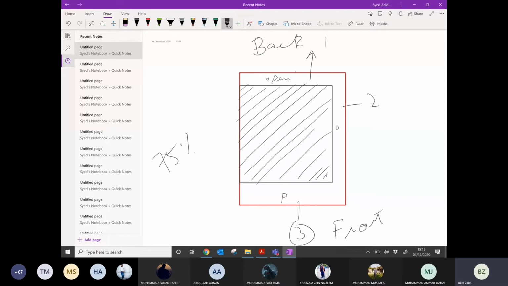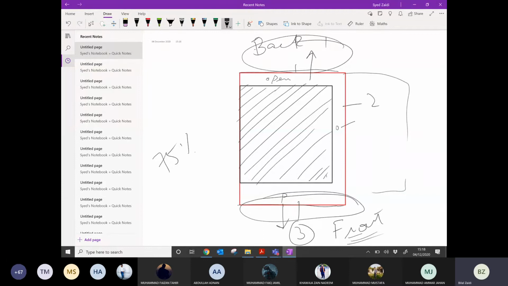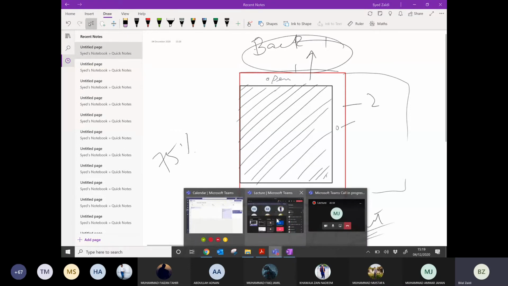And if this is open and there is no plot on the back side, then you have to construct a wall. If this is open and there's no plot on the right, then you have to construct a wall. And obviously from the front you must construct a wall, because that's open to the road. If it is a front side, there will be a road in the front, so you have to construct a wall. This wall is called a boundary wall. The height depends on your requirement.